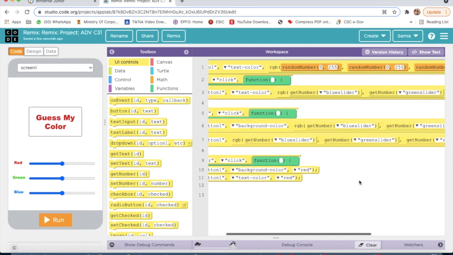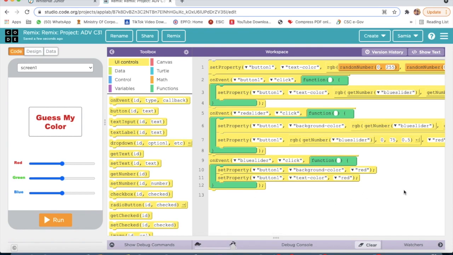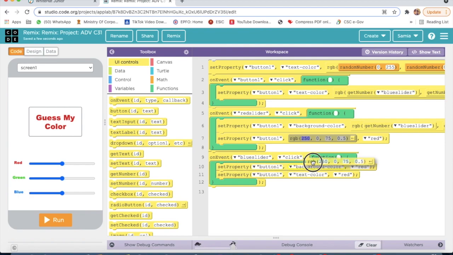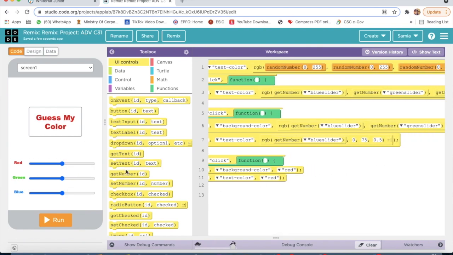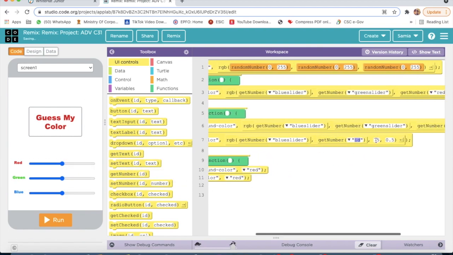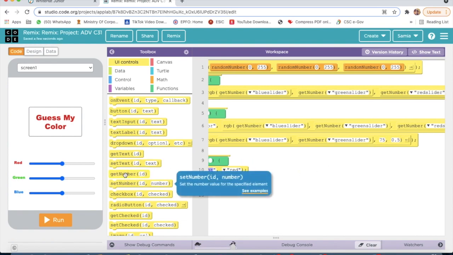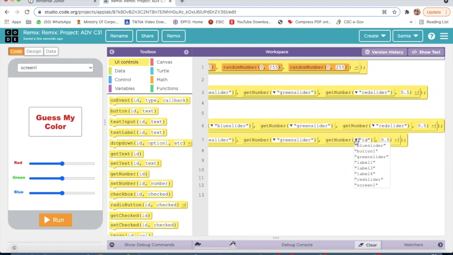Okay, so I have to delete it because I have to take RGB here. Yes, and now again I will take get number. The ID will be blue slider, again get number, green slider, again get number, red slider.